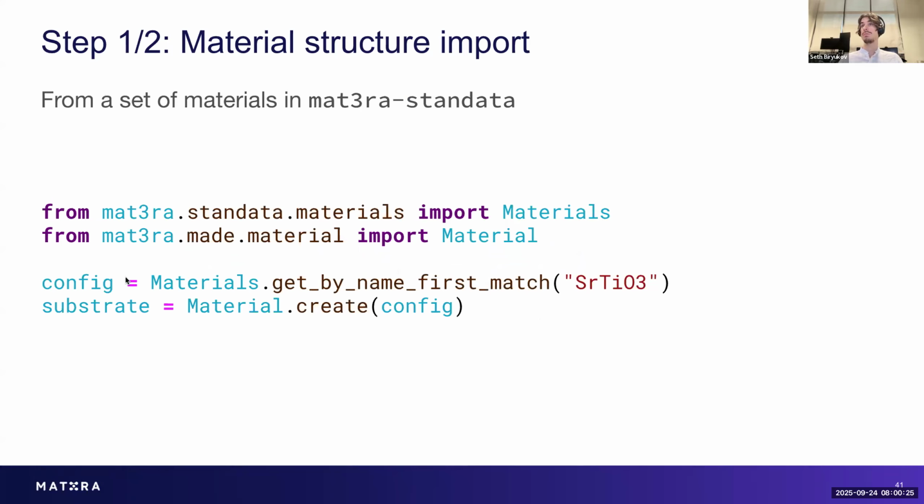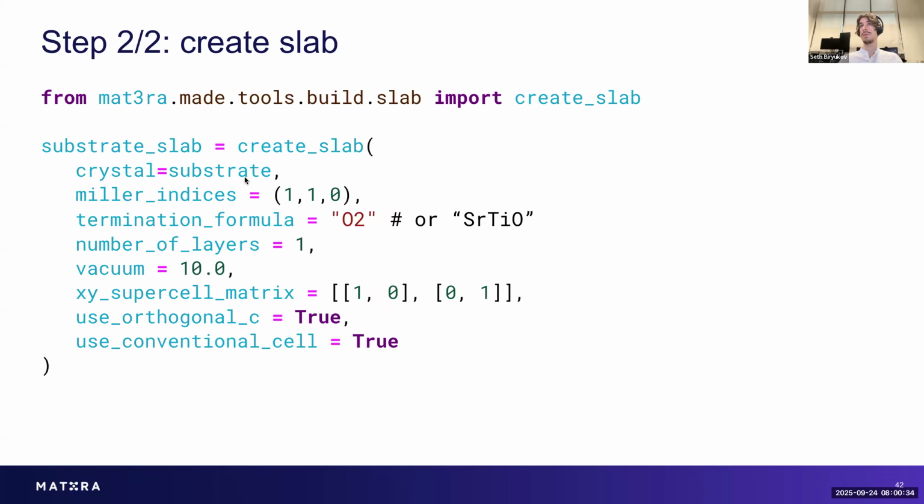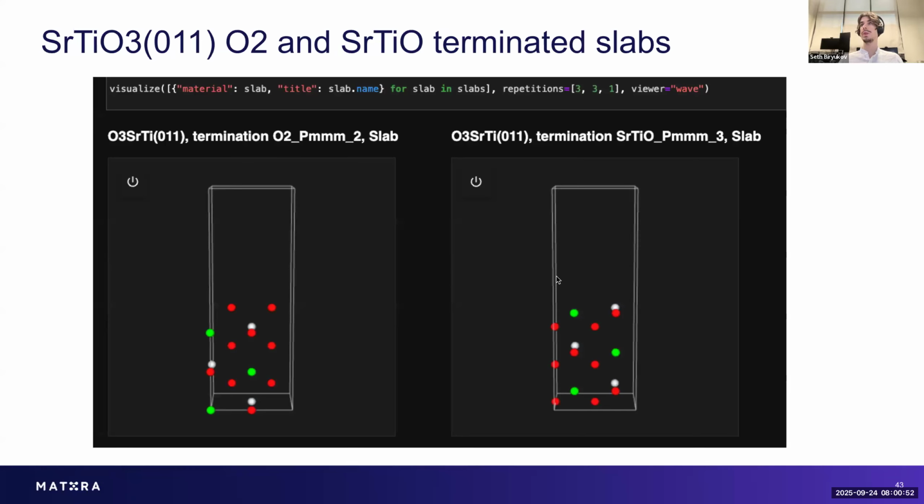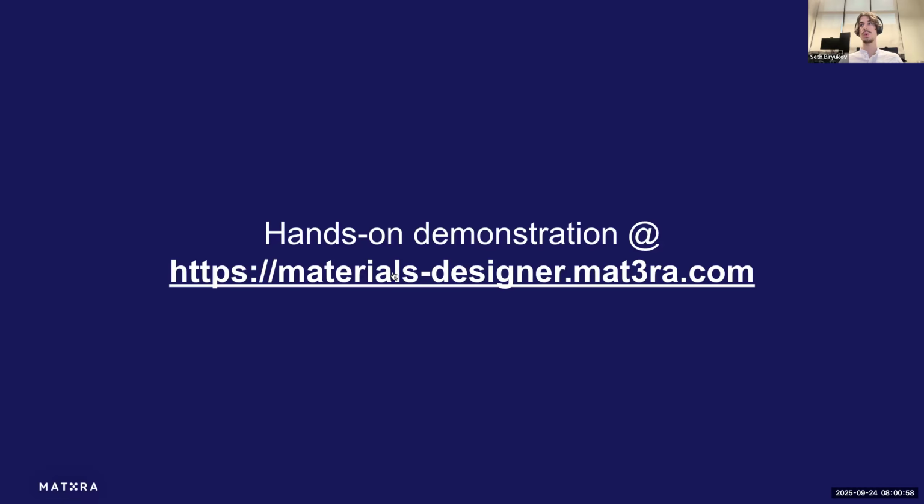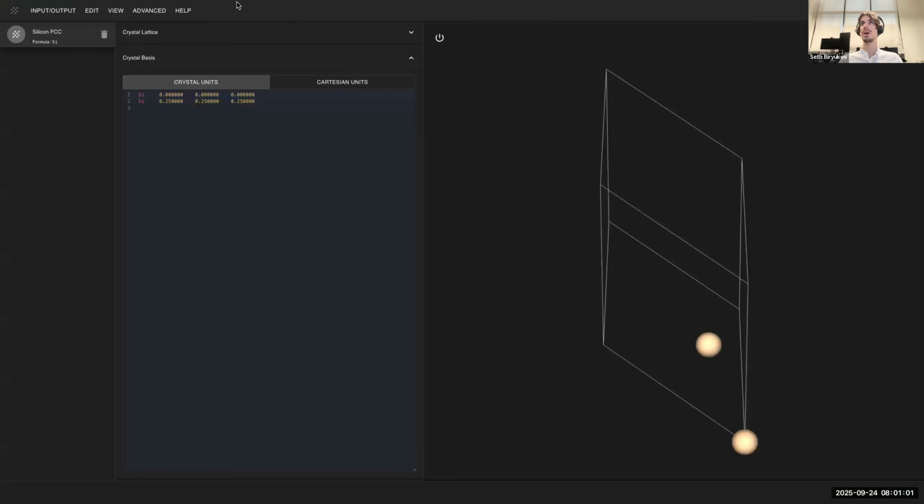We import some data and import material from data as it was done previously, and instantiate the material. Then we use the create slab function to specify correct Miller indices. For termination formula, we use O2 or SrTiO, and just number of layers 1, vacuum, and all the rest are the same parameters as before. As a result, we should get two materials with different terminations. For this, we can open the material designer again. I'll probably close this one to not interfere. This I'm going to show you with another